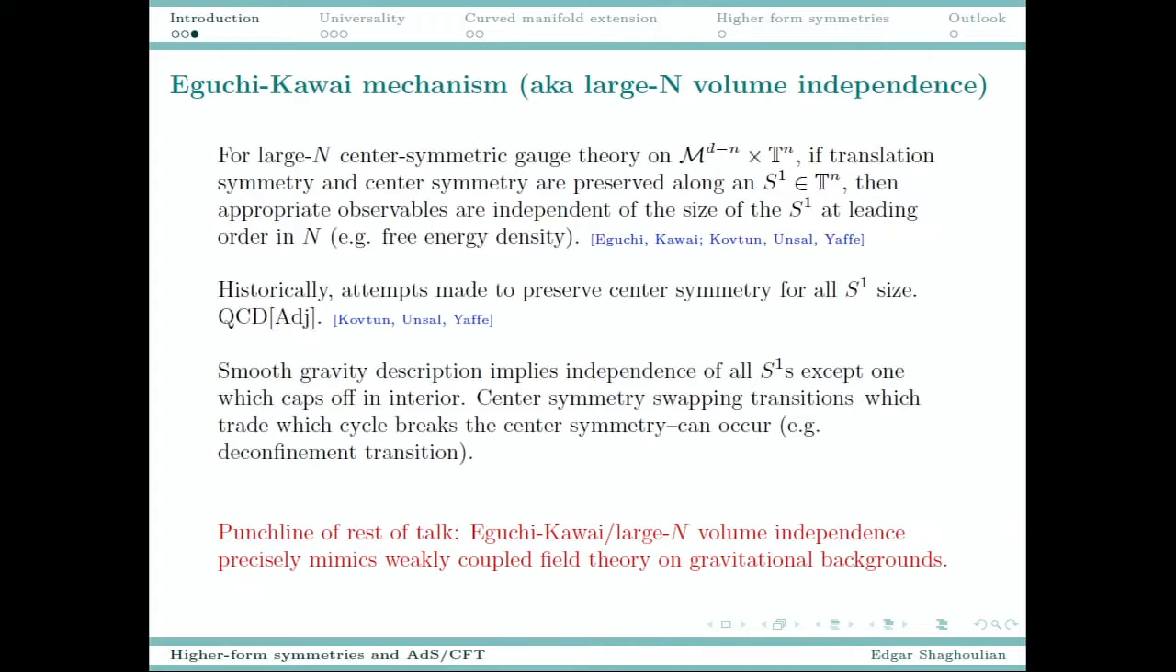As argued originally by Eguchi and Kawai in the 80s, and these three authors with combinations of other people have improved upon this a lot in recent years. It's also known as large N volume independence. People refer to it in different ways. And a lot of the story historically was,